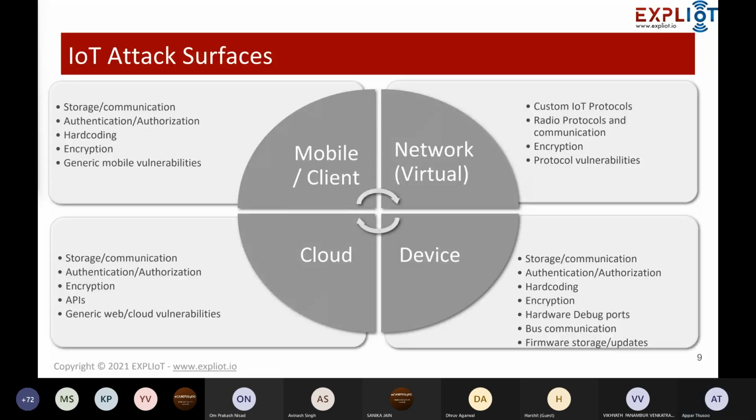And lately news came up where one of the leaders in medical devices, called Medtronic, was using a custom protocol on one of their pacemakers, and it was found to be vulnerable. So companies are trying to implement things their own way, but security is something that is usually lying on